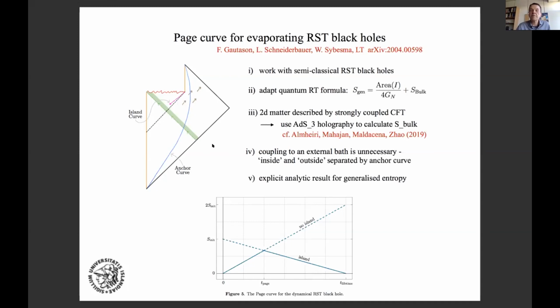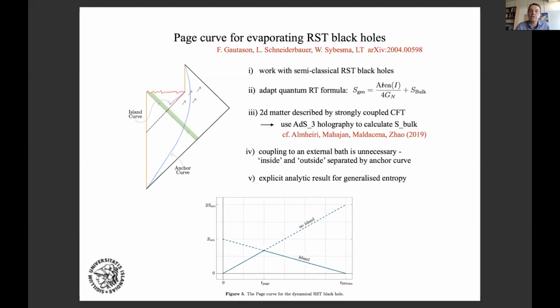And a further nice feature of these models is that we're able to do all of this explicitly. We have, in fact, analytic solutions for the semi-classical evaporating black hole, at least to leading order in an approximation where the initial mass of the black hole is large compared to the central charge of the matter theory in appropriate units, and that in turn is large compared to a number of order 1,